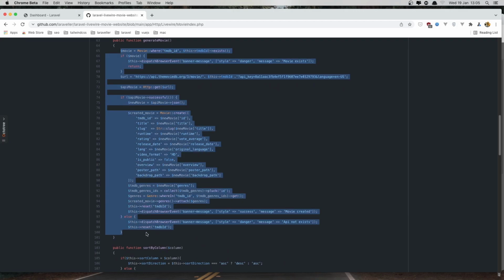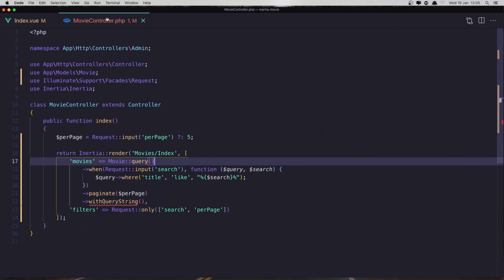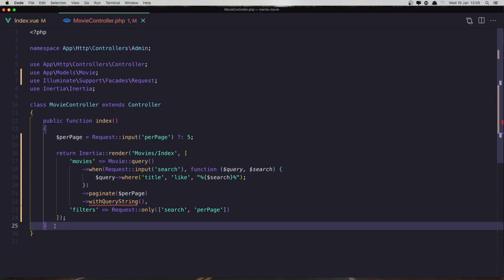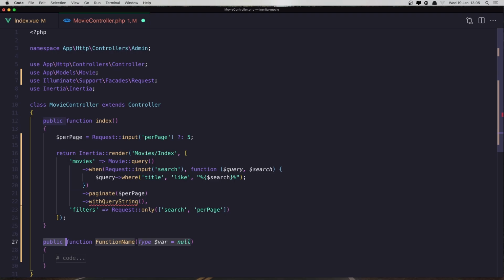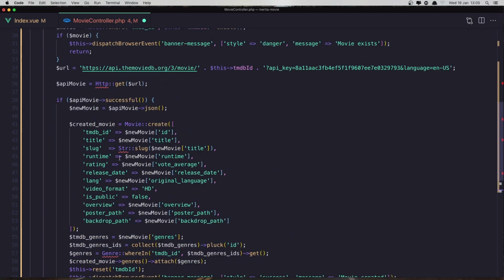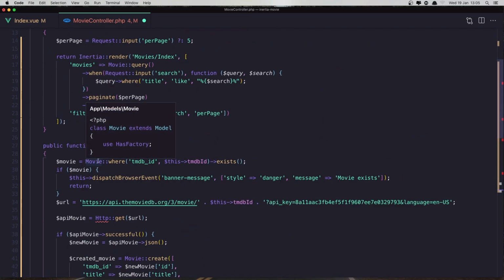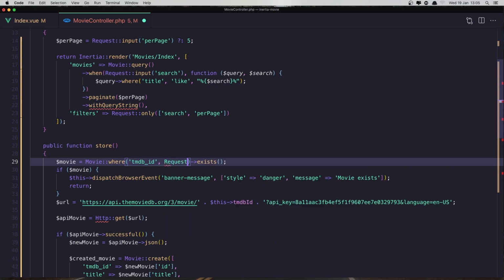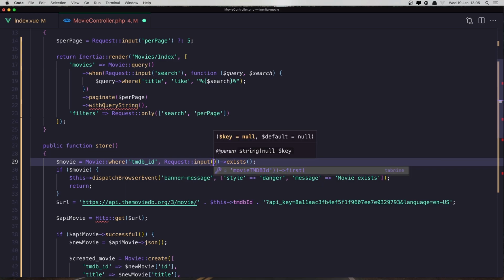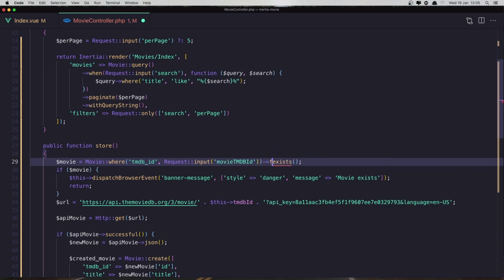I'm going to copy this, and in the movie controller I'm going to create a new method with name store, and I'm going to paste that code in. Okay, and here we check if we have a movie with this TMDB ID, but in this case we need to say here the request input and add the movie TMDB ID, yeah, like this. If this exists, we are going to return,